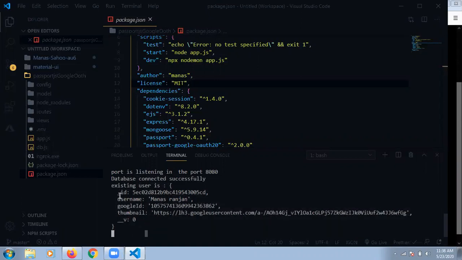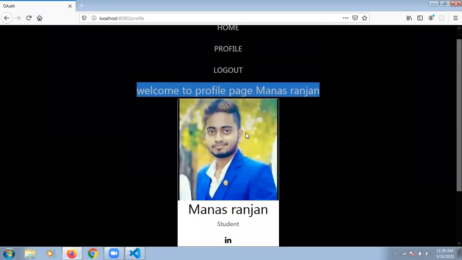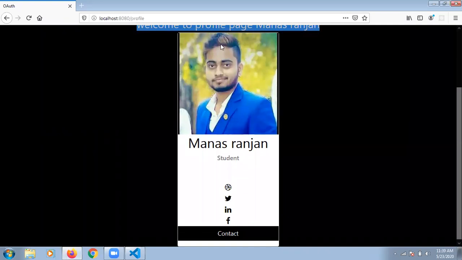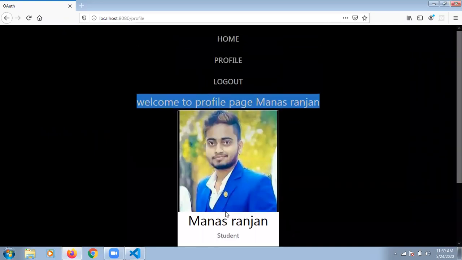There are a number of objects here, but I am only taking the username, the Google ID, which is a unique ID generated by Google. Whenever I want to sign up again, the app finds this Google ID only, and finds that the user has already been there. And the third one is the thumbnail, which is nothing but a display picture you have already uploaded on your Gmail.